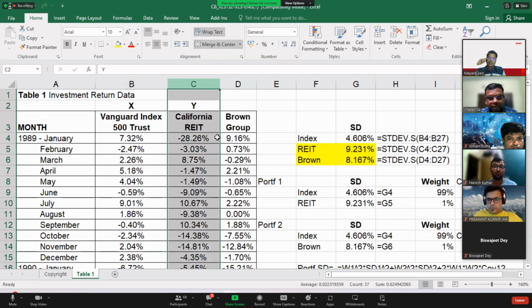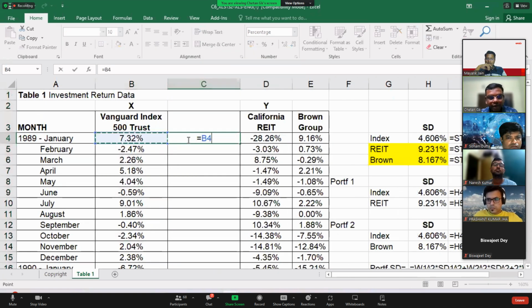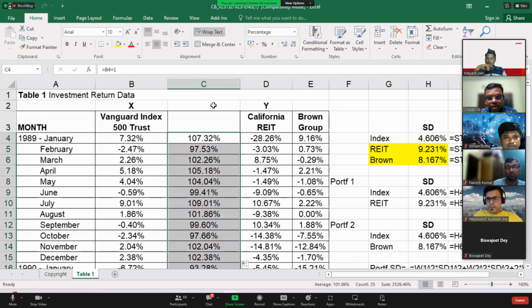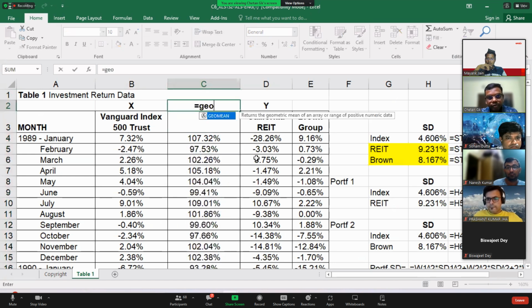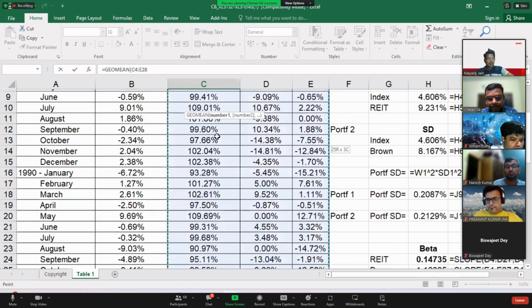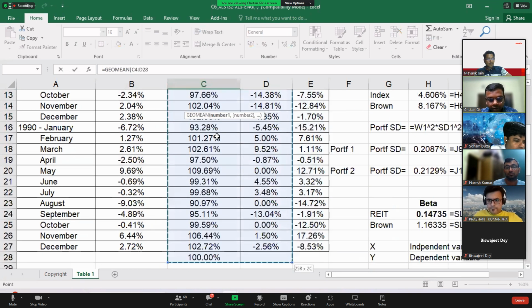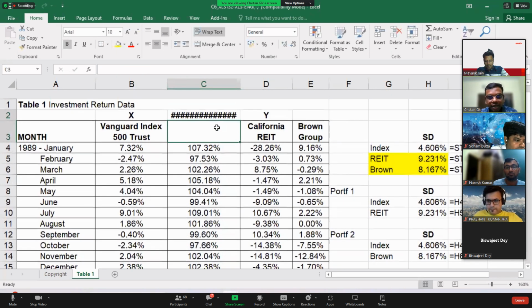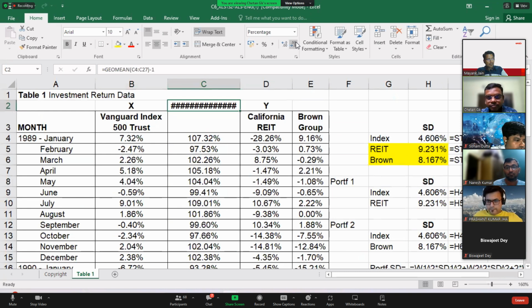You can insert one, and I'll show you just in case you have forgotten. We added +1, and then what we did is equal to GEOMEAN, close the brackets -1. In the last class we have discussed this.